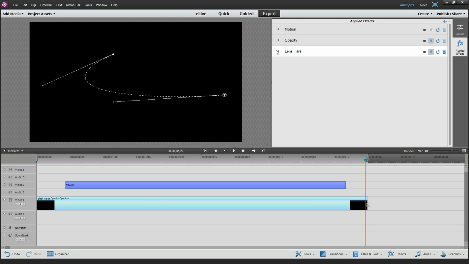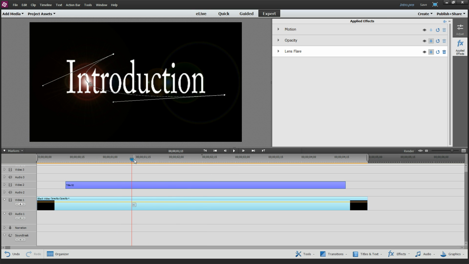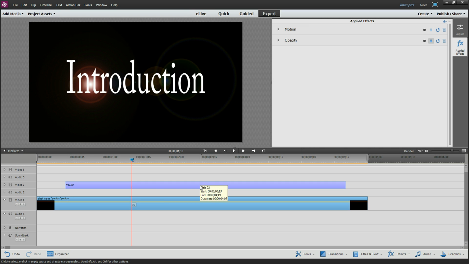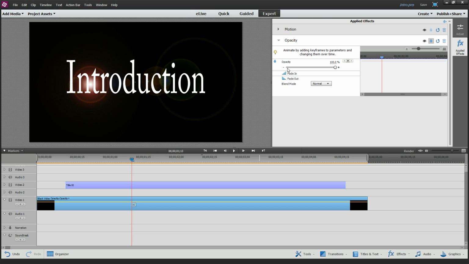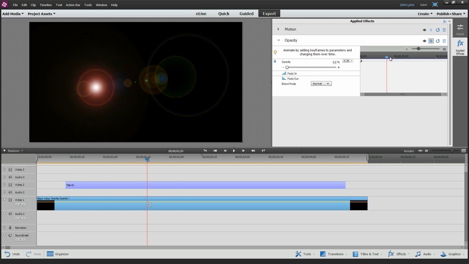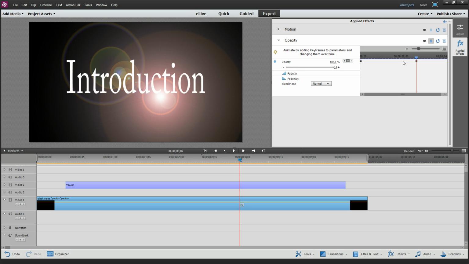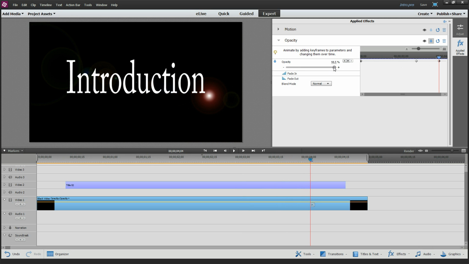All right, now that we have that, let's play with this text to get it to look a little bit better. Text just sitting in the screen here is kind of boring. So what we're going to do is select the title O2 part on the timeline, and notice how it has some applied effects, motion and opacity. Let's change the opacity. Make sure your little stopwatch is on. We'll change its opacity to 0, and maybe somewhere around that crescendo, let's change its opacity to 100, and then maybe back down to, say, 0.